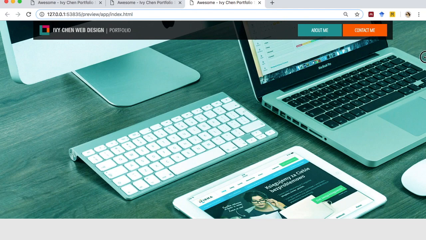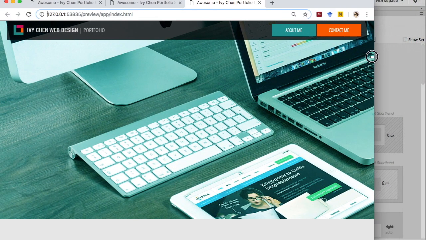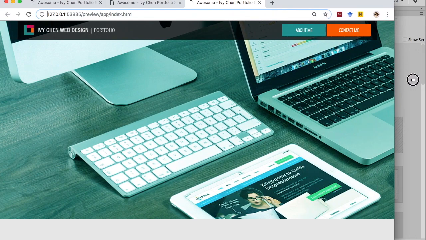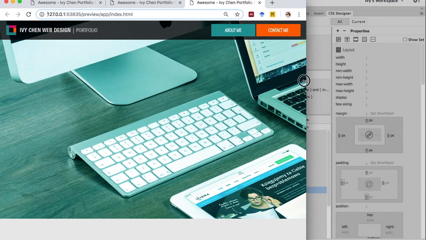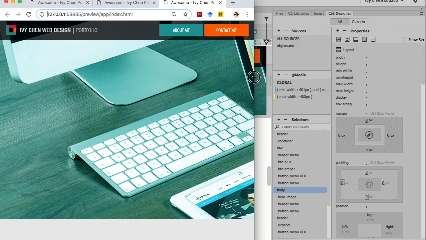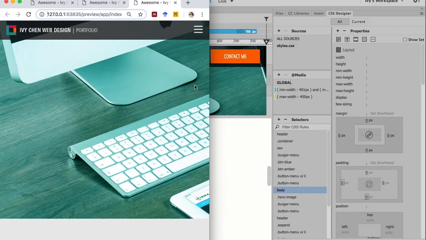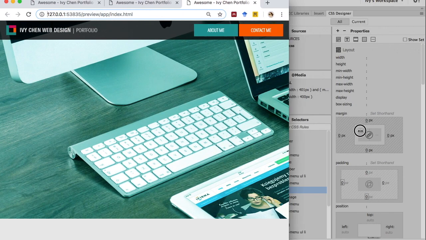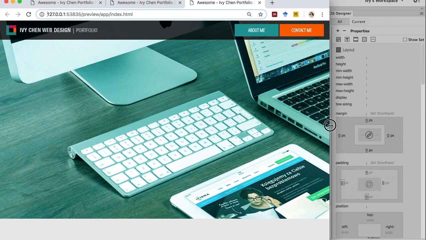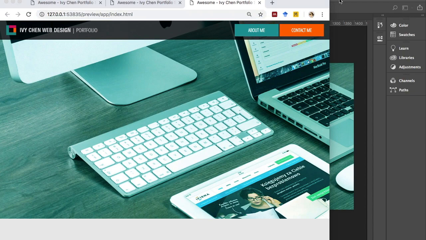So when you go down to the tablet view, right, what happened is you'll see this background image, right? This background image is actually previewing at the left, right? It's always at the left. So we want to make it stretchier, we want to make it to the center. So you go back to the Dreamweaver,